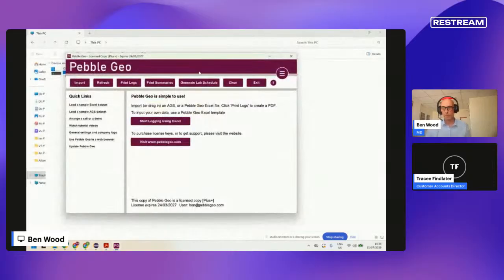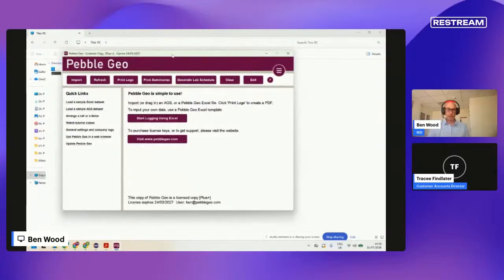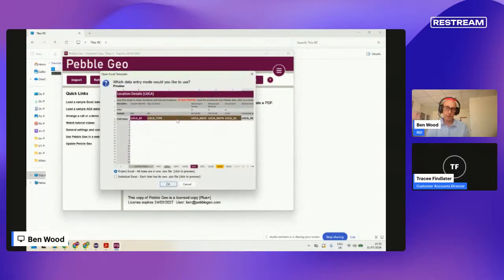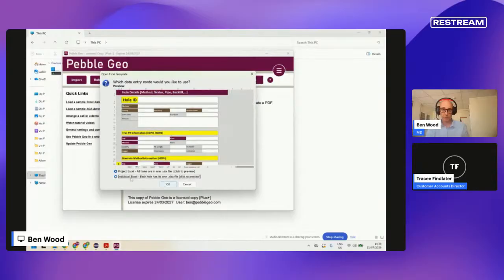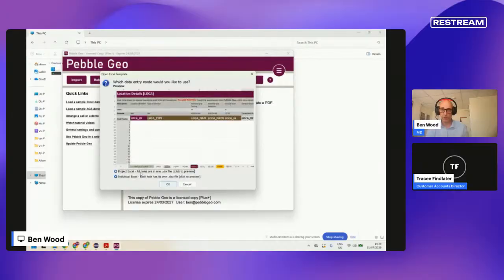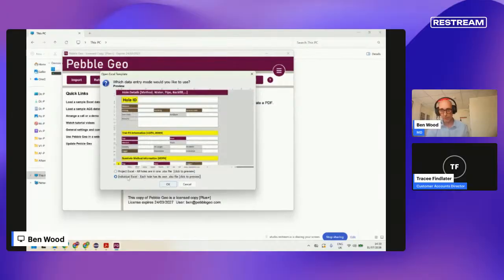So I will start with the desktop app, and the way to start this is the button in the middle of the home screen of the desktop app, Start Logging Using Excel. You might be familiar with this button already if you're using Pebble Geo. What you might not have done, if you get to this screen, is clicked on the second option. So you've got your Project Excel, and I'm just clicking between the two. You've also got this second one here, Individual Excel. I'm just going to keep that checked, click OK,